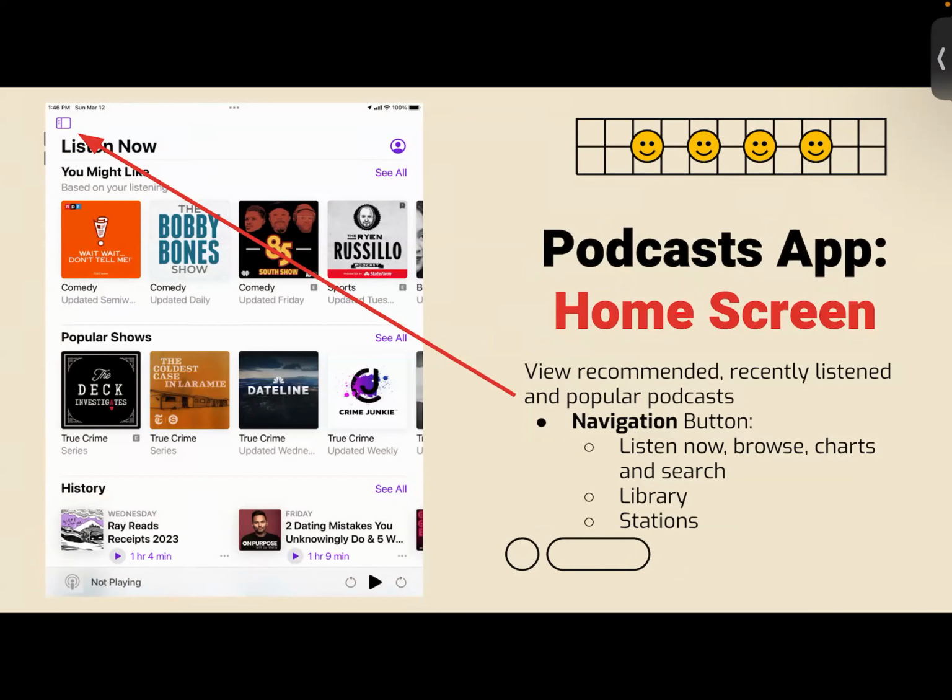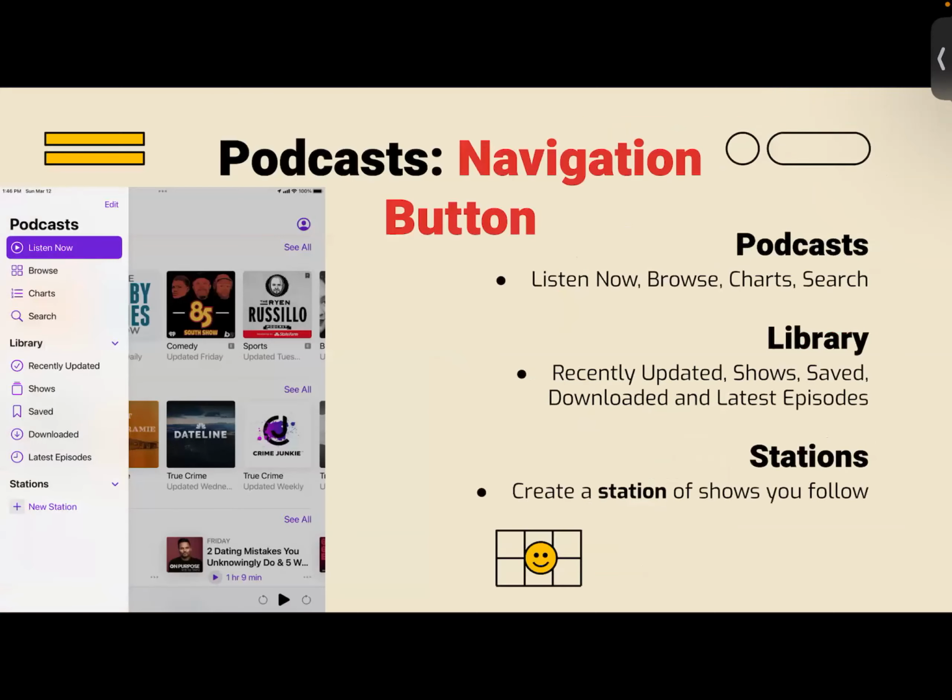That's how you look at what to browse, the charts. You can search podcasts. You'll have a library section where you can look at your saved and downloaded episodes. And then you have a section called stations, where you can create your own station of your followed podcasts. So again, when you hit that button, your screen will look something like this, where the first section, again, you